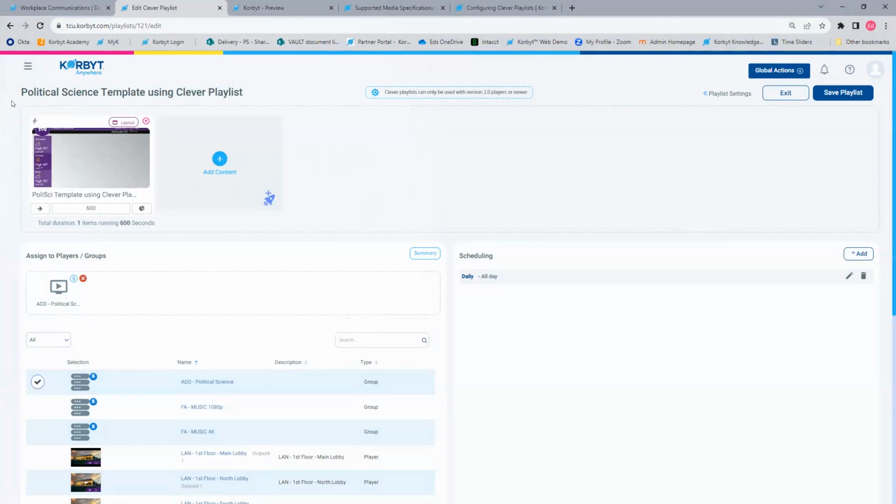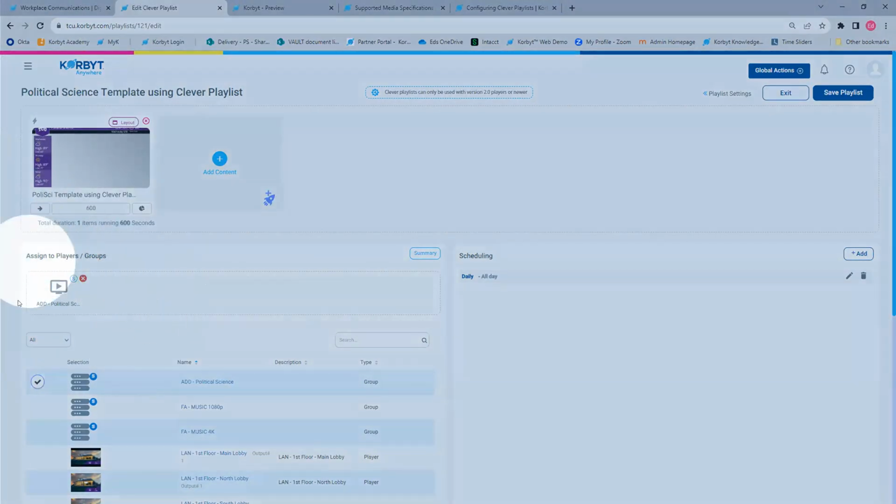So that's how a playlist can be embedded into a layout, but then ultimately there is some point where something gets sent to the player to make it show up. It can be this final layout. It could be the original layout if you don't have a design like this.